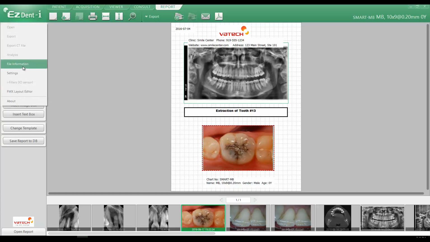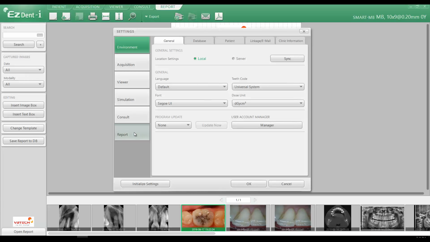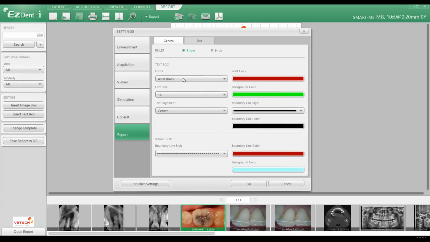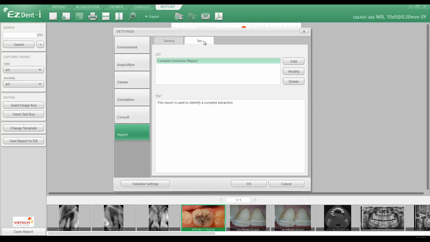We'll navigate back up to the EZDent icon again, left click on Settings, and this time go back to Report again here, and we'll navigate over to Text, where we can add macros basically, where we can add standard text to our report rather than having to retype the same text over and over again. We have one in here already called Complex Extraction Report with a text that would automatically be added to a report when it's